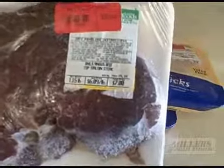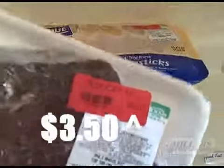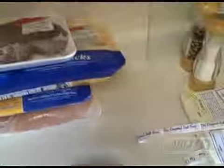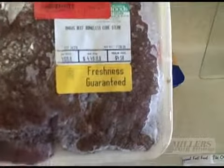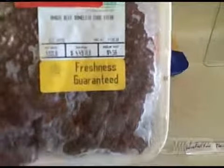On to red meat. This was a $7 piece of steak, Angus top sirloin steak. I got it for $3.50. This will actually become beef jerky for us. A good big tray in the dehydrator. And Swiss steak or cube steak, which is a good quick meal over some egg noodles. This is 50% off. It was almost, let's see,